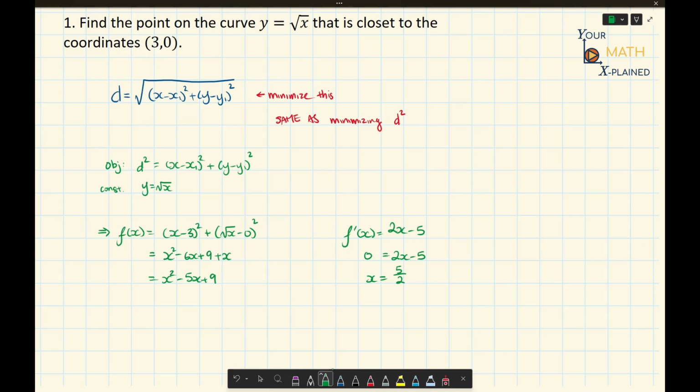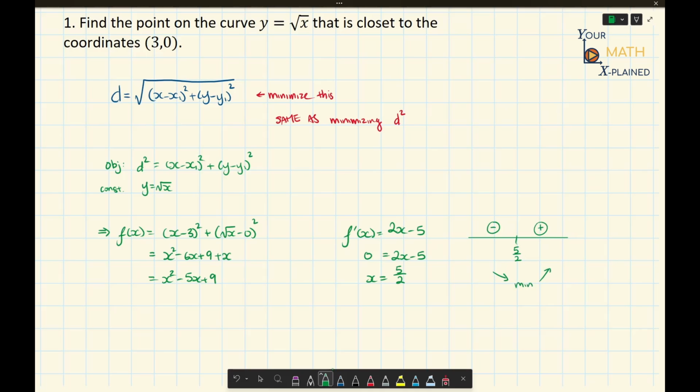And we know for a fact that this is a minimum because f prime of x is an increasing function. So what that means is if we draw a number line and then we plot our critical point at 5 over 2, f prime of x is going to be negative before 5 over 2, and then it'll be positive after 5 over 2. Which means our function would have been decreasing before that and then increasing afterwards, so therefore